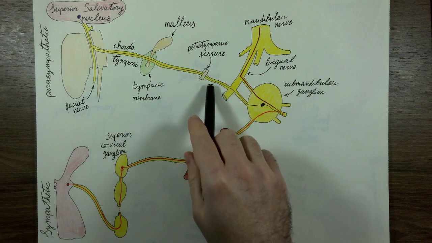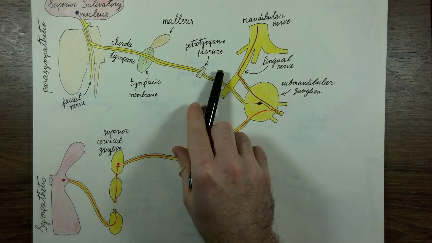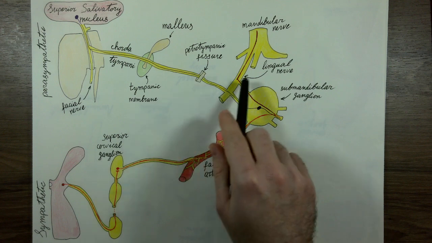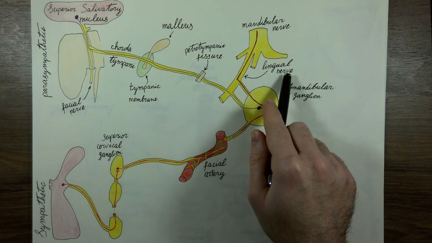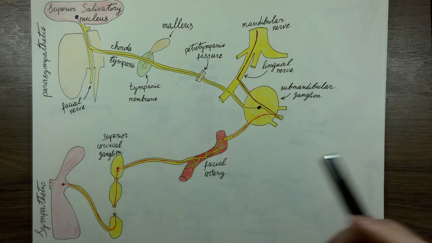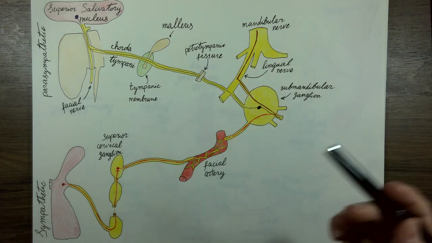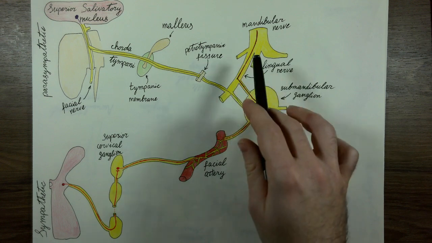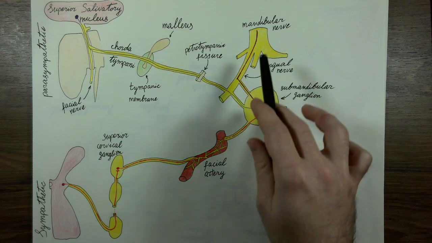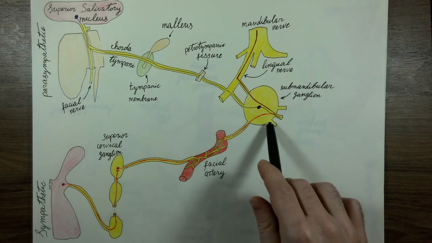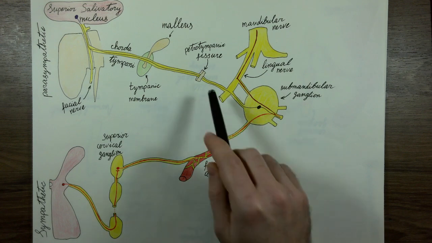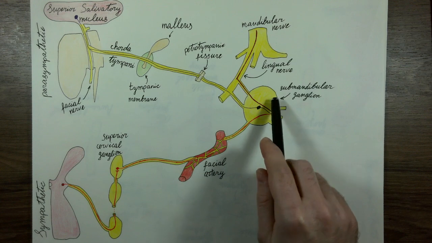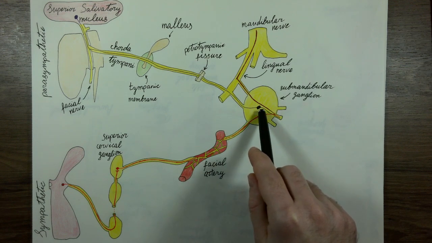And while it leaves the skull from this fissure, it would join a nerve that's called the lingual nerve. The lingual nerve is a branch of the mandibular nerve, which is a branch of the cranial nerve number 5, which of course you know is the trigeminal nerve, right? So it would join the lingual nerve, and it would use it to hitchhike along with it, because the lingual nerve eventually would pass quite near the submandibular ganglion, and at this point these fibers would then go out from the nerve and join the submandibular ganglion, where they will make their first synapse,